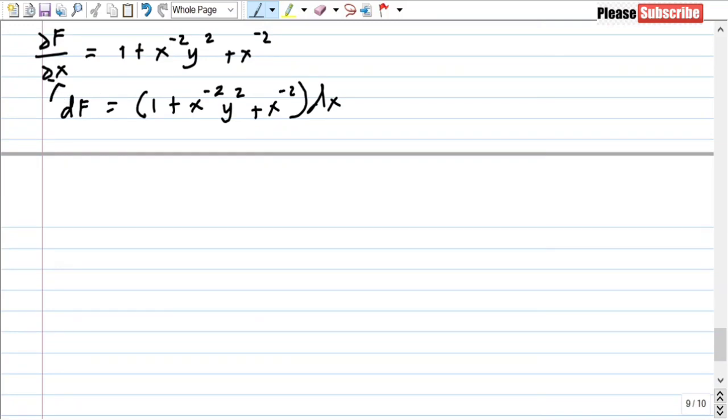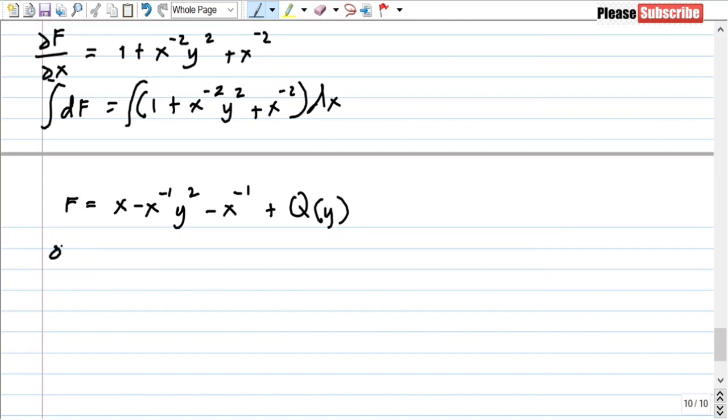Okay. So, if we try to take the integral of this one, ano mangyari? So, we have f, and that is equal to, ano yung integral niyan? So, we have x plus, ano mangyari dito? Sa part na yan. So, if we take the integral of negative 2 plus 1, right? So, sorry, this will be negative x to the negative 1 of y squared, and then dito minus x to the negative 1 plus q of y. Okay? Now, if we take the partial derivative of f with respect to